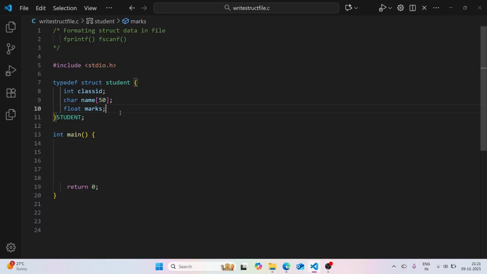In this video, we'll see how to send the structure in a file in a formatted string. In the last video, we studied how this structure is saved into a file in the binary format. There we used APIs like fwrite and fread, which are useful for sending binary data to the file. But here, we need human readable data in that file